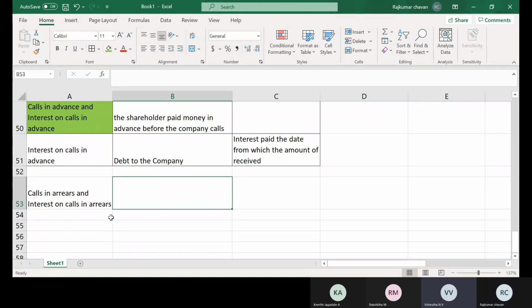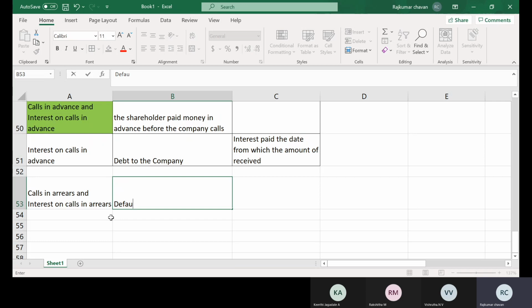Shareholders. Since there were calls in arrears, even though the call was made, they have not paid the money. So here it is the shareholders' mistake. When the company makes any calls, they are made on shareholders only, because shareholders are liable to pay the amount, right? So if any shareholder defaults in payment of the call money, that is called